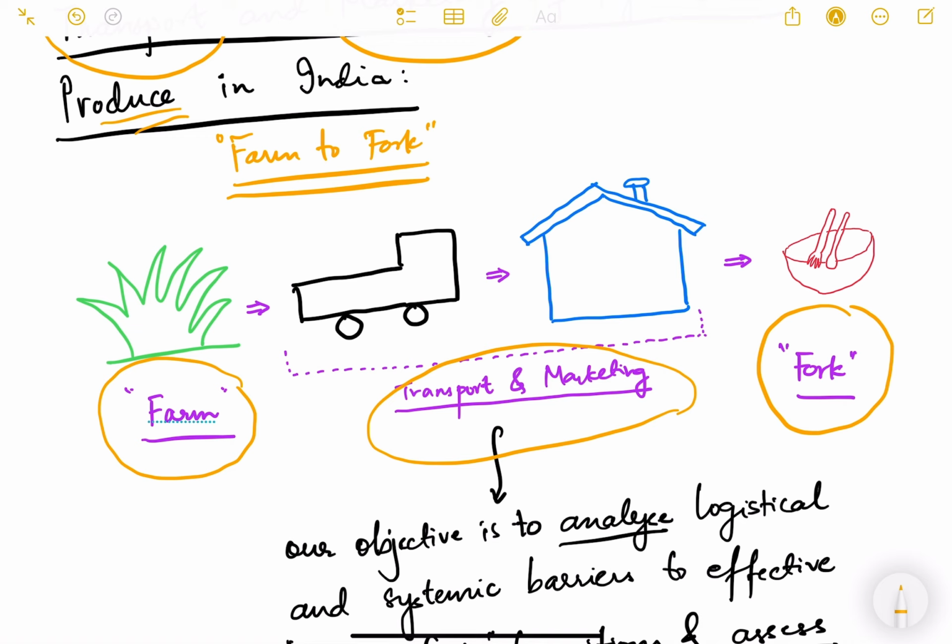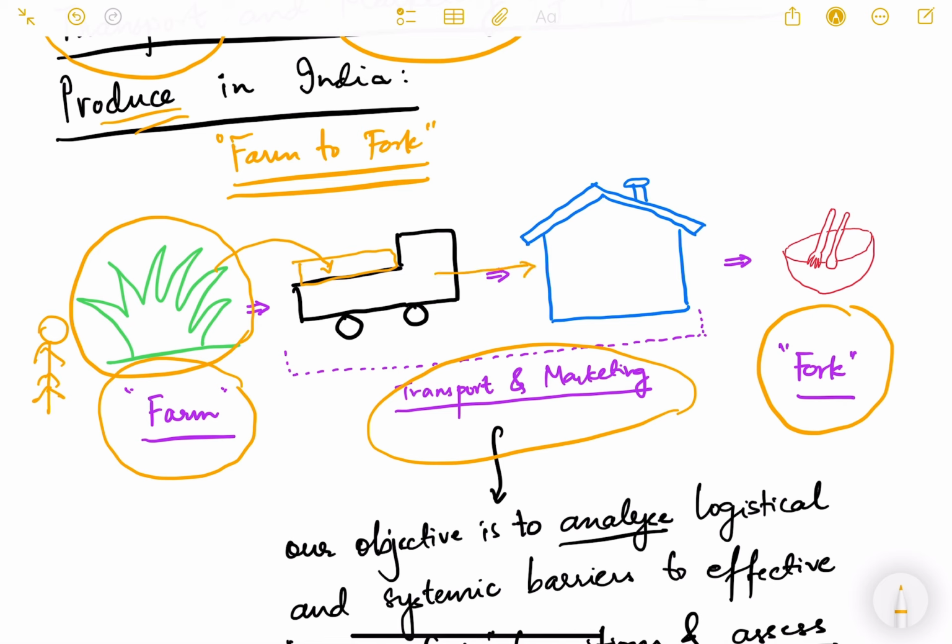So this is a very simple diagram. You can see here that a farmer, an agriculturalist, is producing some commodity in his farm. So say this is a crop, and this is after harvesting. What he does is simply put it in some truck. Okay, so this is a tractor or a truck where he loads all his produce,